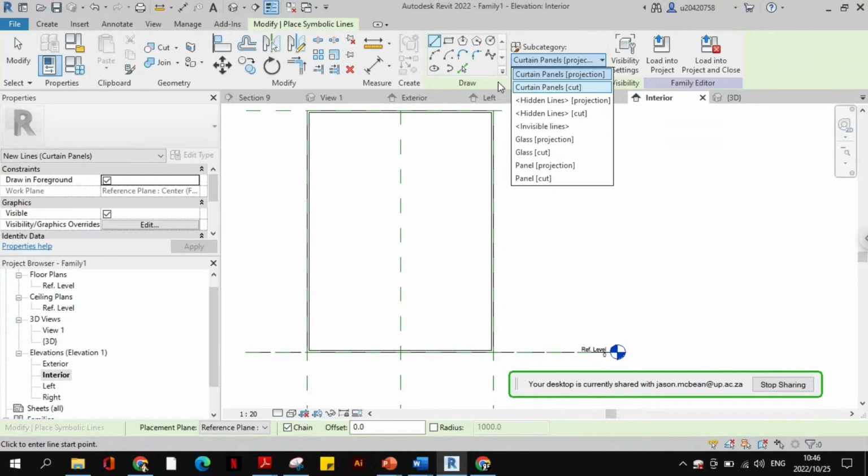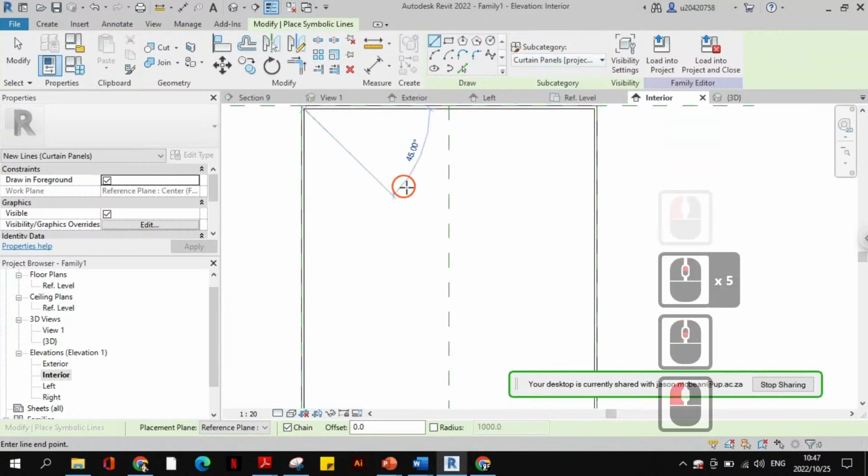It's not one here, so I have to create one. Okay, anyway, so let's just draw some line work. So from there,